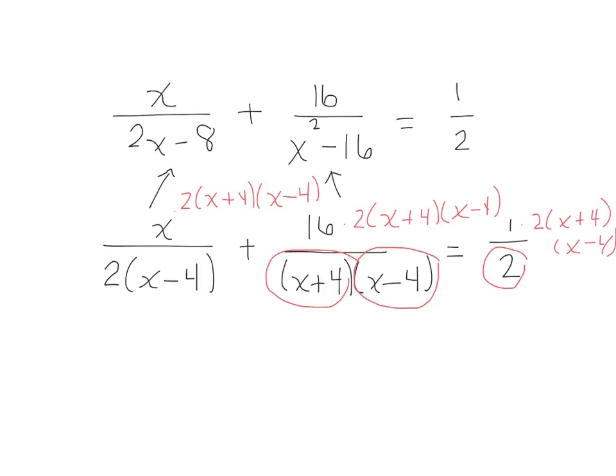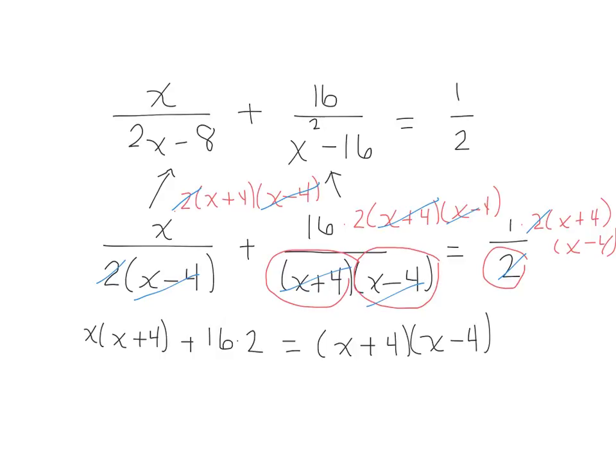Now what we want to do is we want to cancel all the like terms on top and bottom. So in our first rational expression, we're going to cancel the 2 over 2 and the x minus 4 over x minus 4. In our second fraction, we'll cancel the x plus 4s and the x minus 4s. And on the other side of the equal sign, we can only cancel the 2. So now all of our denominators have gone away,